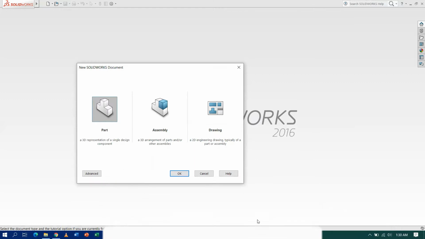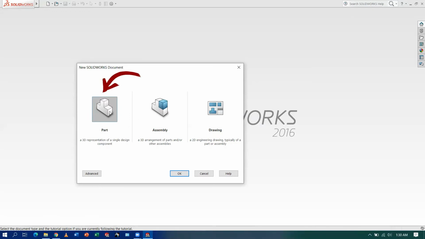That is front view, back view, top view and so on. This is a 2D engineering drawing. If you have learned the course at your university level, that is engineering drawing. So in engineering drawing, you learned about the drawings. In this SolidWorks, we will focus more on parts and assembly.